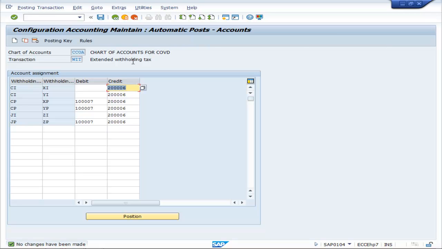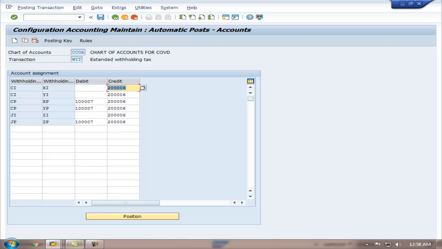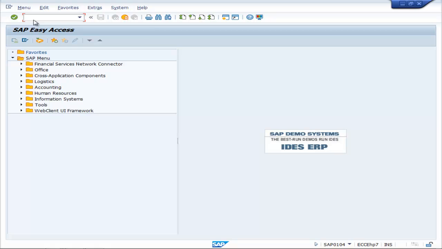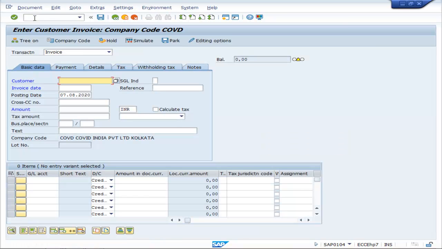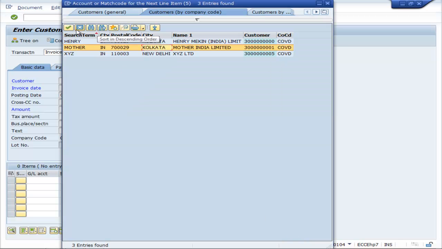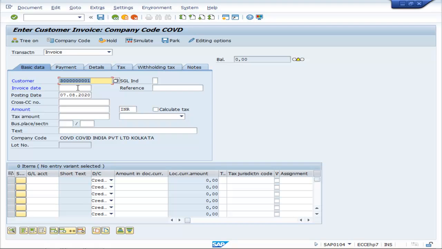Save it. It is already saved. So now let us move to raise a sales invoice. For that, we move to FB70. Select the customer, Mother India, put the invoice date,